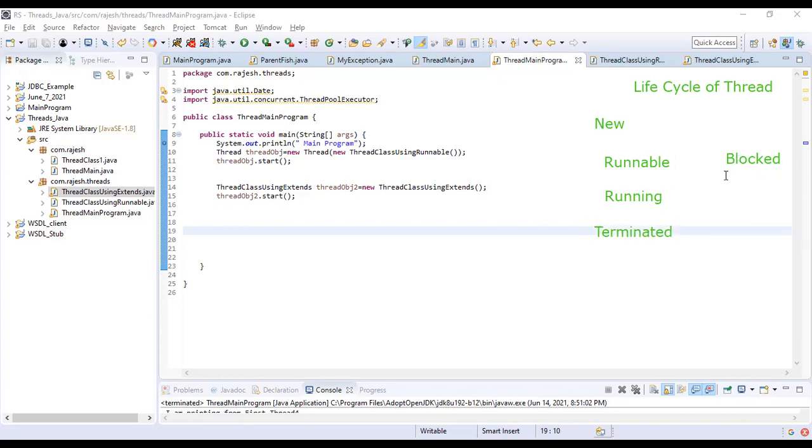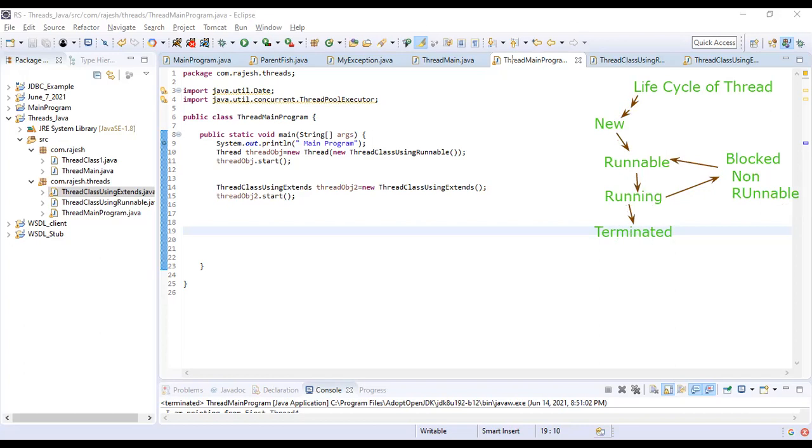We also can call blocked as non-runnable, where it cannot run. So when we start a thread, it goes into the new, and from the new it goes to the runnable and running. If we give a sleep method, it is going to go into the non-runnable state. After the sleep, it is going to go to a runnable state. After the thread is finished, it goes into a termination state.